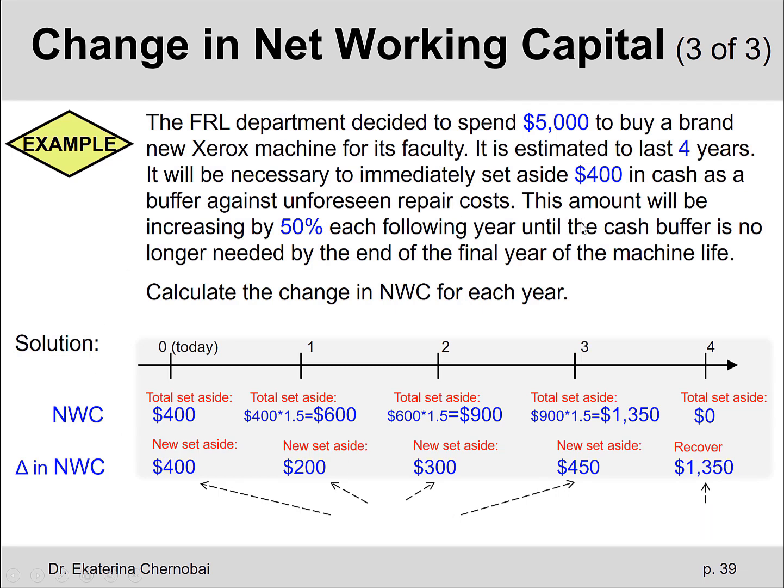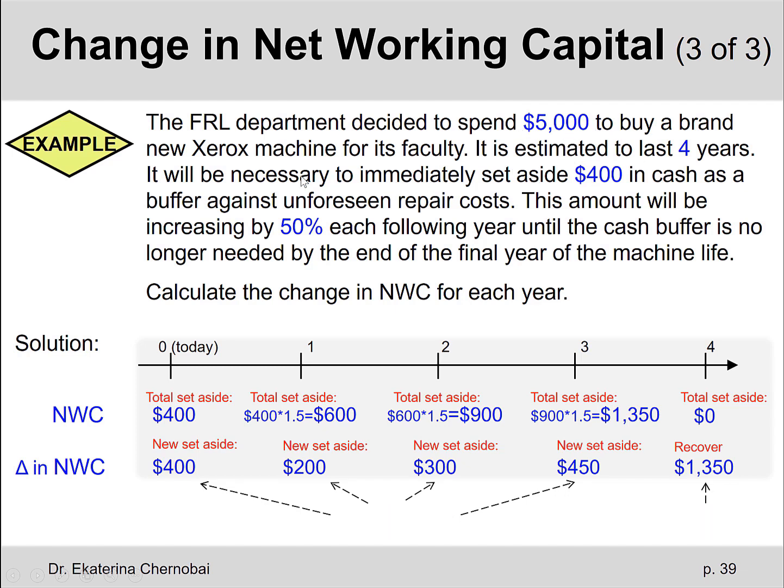Okay, so this is, I would say, on the difficult side, this type of net working capital information and how you process it to get the incremental changes, the changes in net working capital. What would be other cases? So maybe we have the same problem. Oh, by the way, $5,000 was irrelevant for what the question was asking. Only there to confuse you.